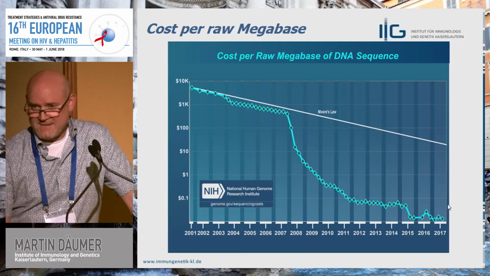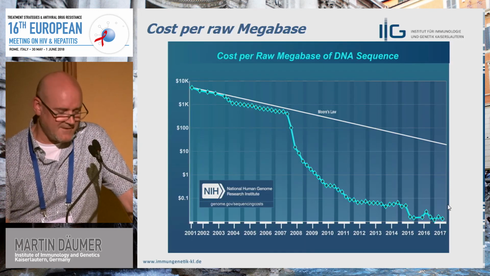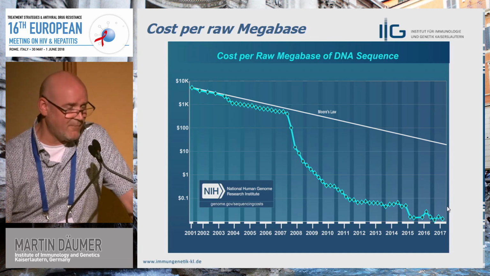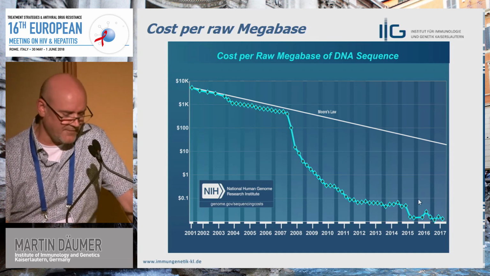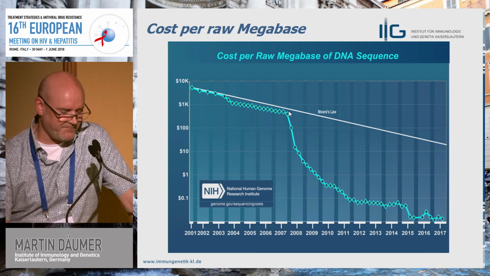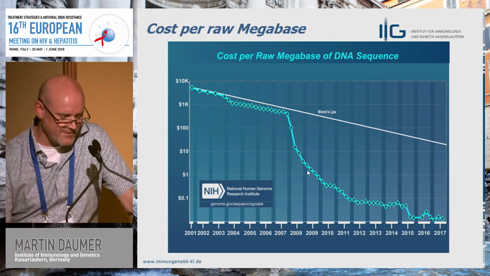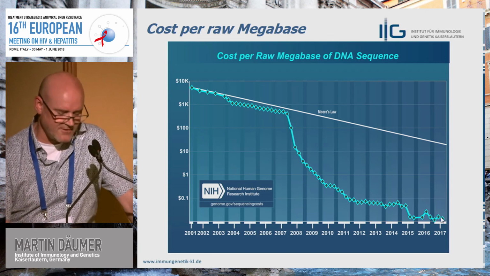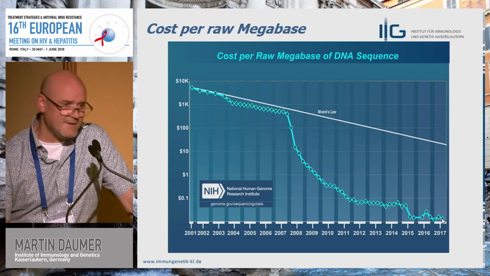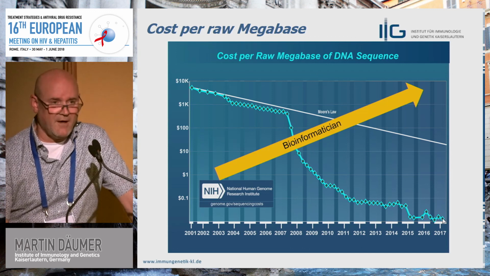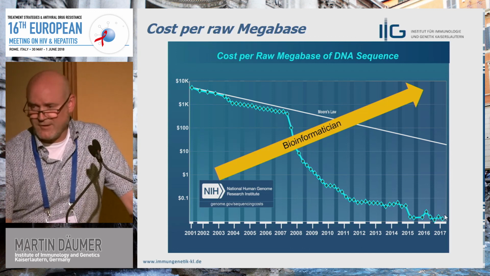And this is the last slide, where you have seen that the costs for sequencing have dropped since the involvement of next generation sequencing approaches down to a fraction of $1. But on the other side, you have to pay the bioinformatician, and I think this is a quite nice